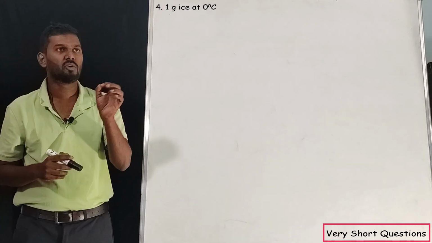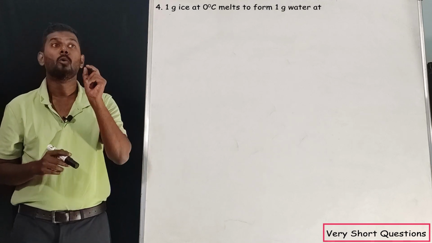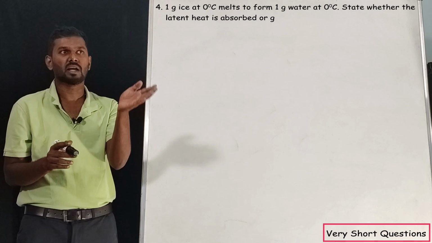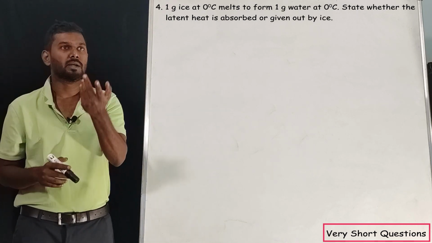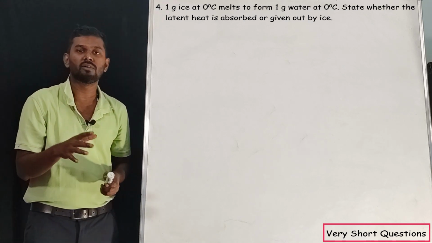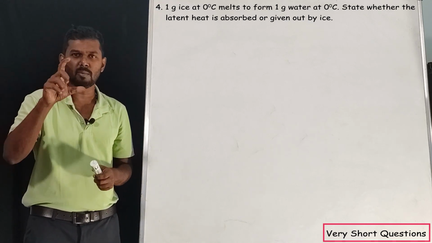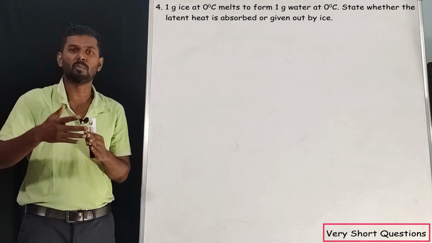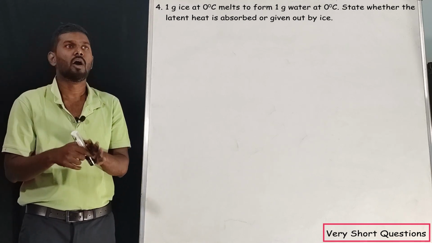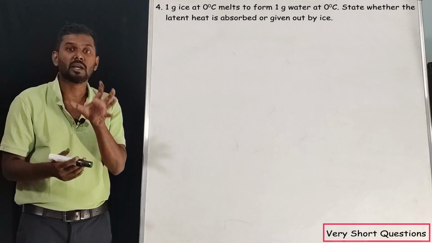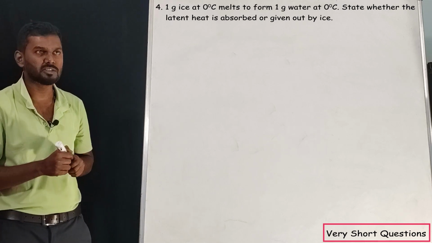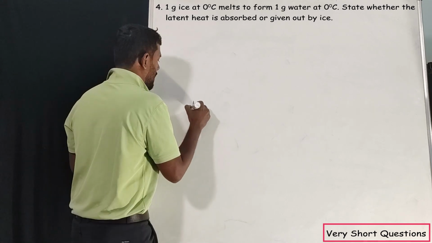Our next question, 1 gram of ice at 0 degree Celsius melts to form 1 gram of water at 0 degree Celsius. The temperature remains the same, but the ice has converted into water by melting. State whether the latent heat is absorbed or given out by ice. See, remember only this one: the opposite of melting will be freezing. So remember only for melting. Whenever something melts, it absorbs heat. So the answer for this question is latent heat